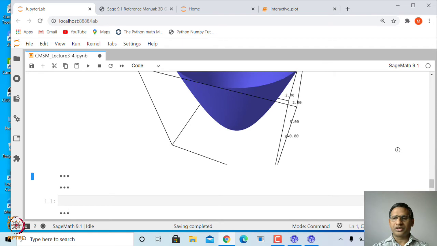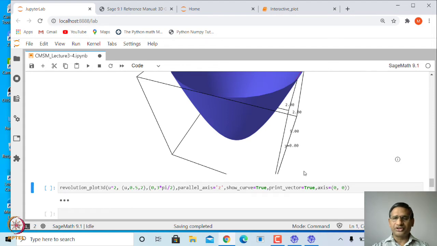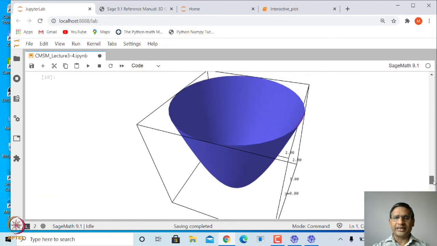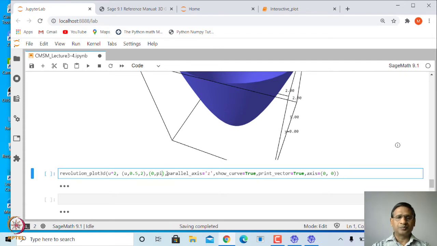So, that is how you can plot surface of revolution about various axes. You can even mention the angle by which you are rotating. By default this curve rotates by an angle 2 pi, 0 to 2 pi, but suppose I want to rotate only by angle pi, then you have to just mention 0 to pi, and everything else is the same, axis parallel equal to z and curve show, and this print